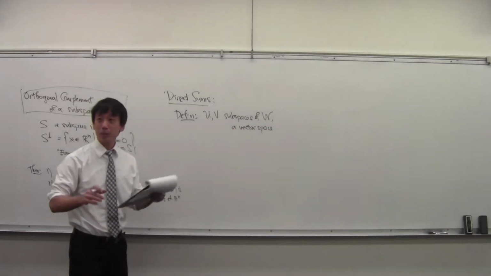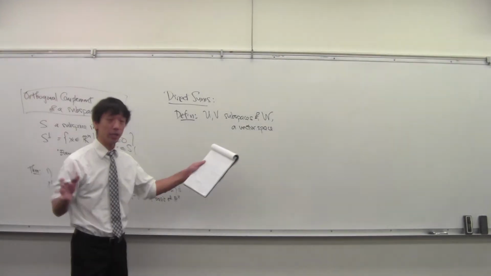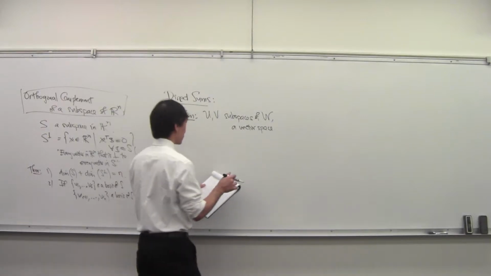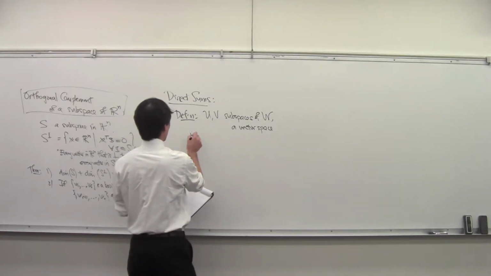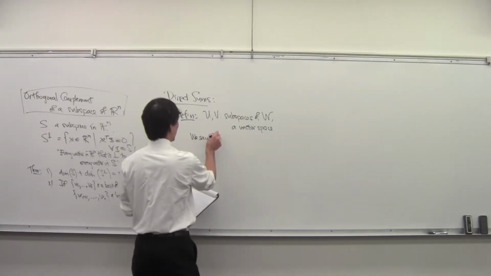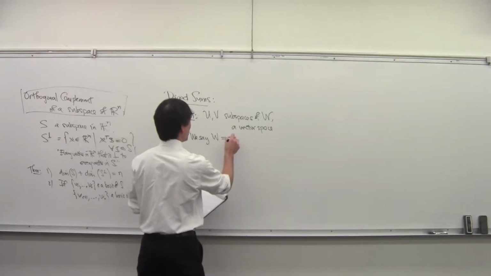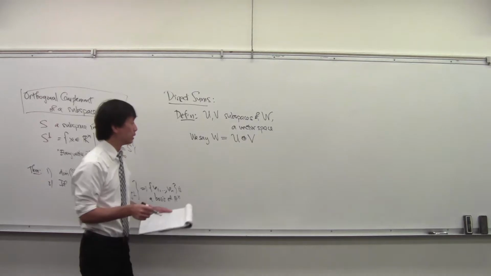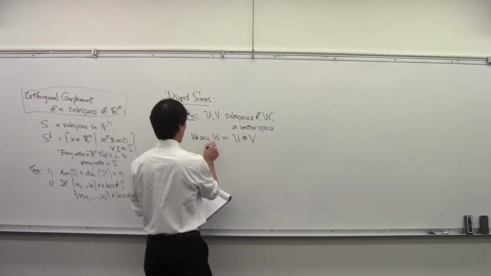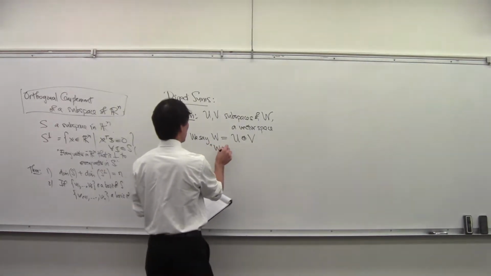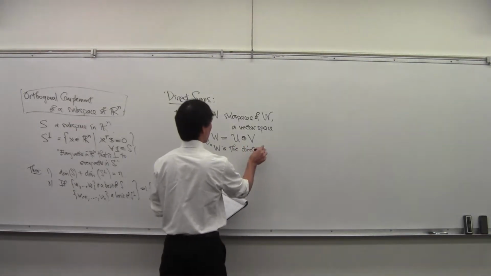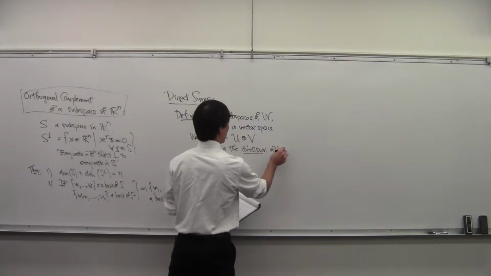You have a vector space, and inside it you have these two subspaces. We say that W equals U direct sum V, that W is the direct sum of U and V,